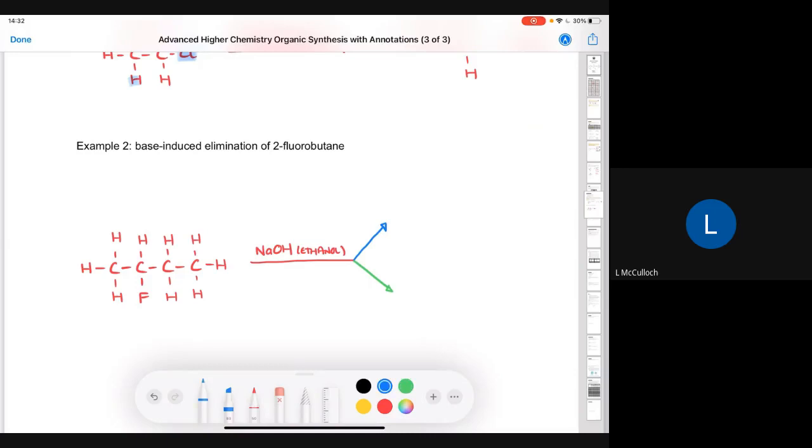So we can choose to remove the fluorine atom and the hydrogen on the carbon to the left, or we could choose to remove the fluorine atom and then the hydrogen on the carbon to the right. And what that will end up doing is it'll cause the double bond to form between two different carbons, which will give us two different alkenes. So if we look at this first one here,